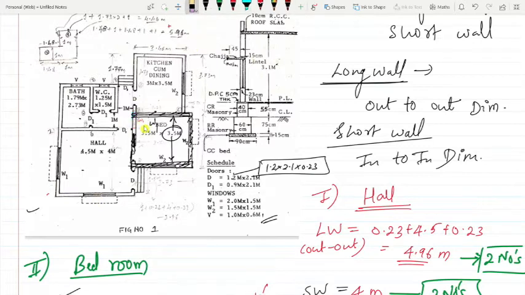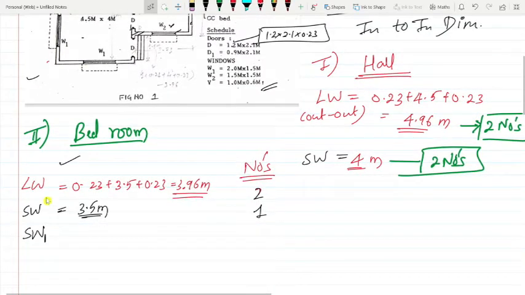Let me rub this a little bit. To get SW1, just project this portion here. Are you able to see it is the same as the passage length, passage width only? So SW1 is 1 meter itself. In that way I got my SW1 as 1 meter, and the quantity is 1.